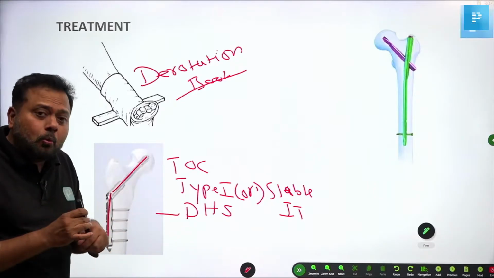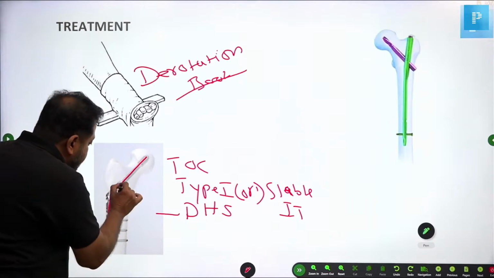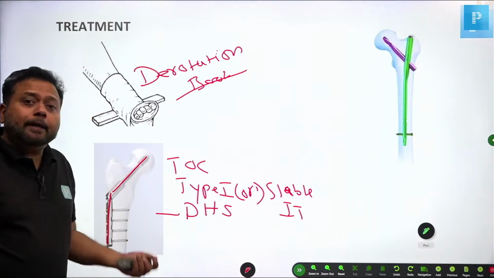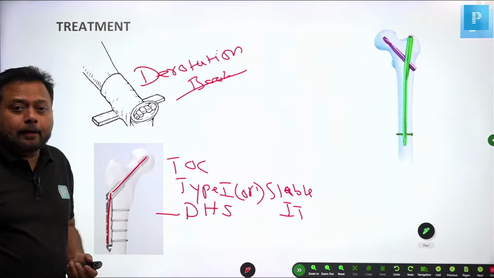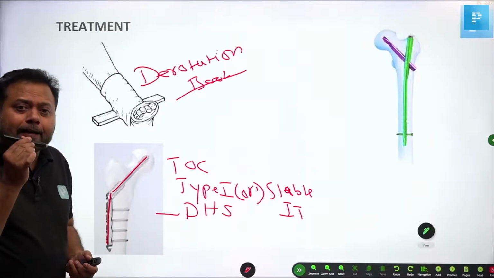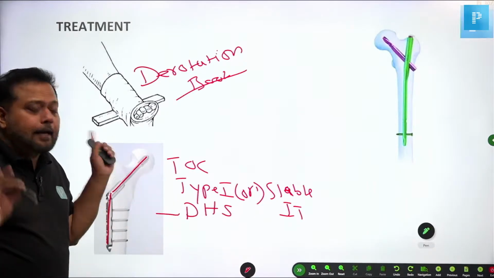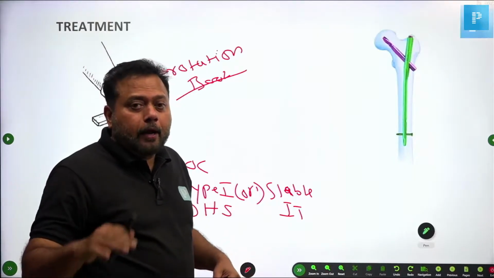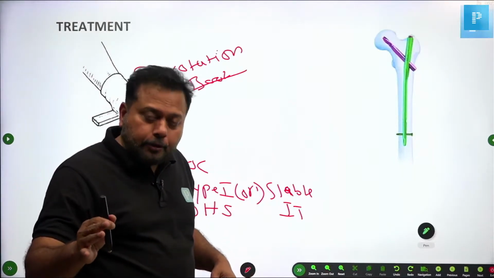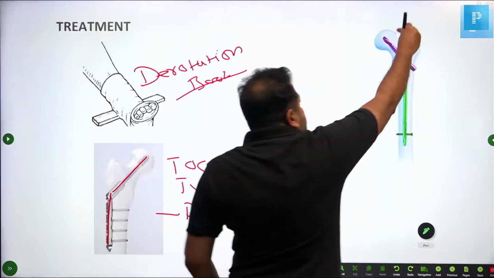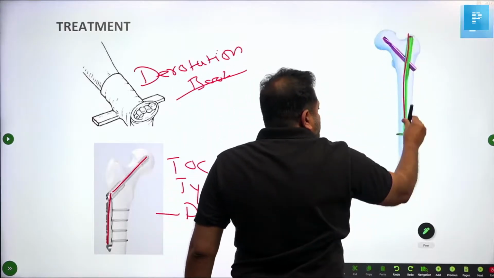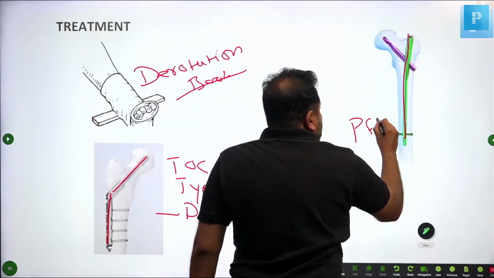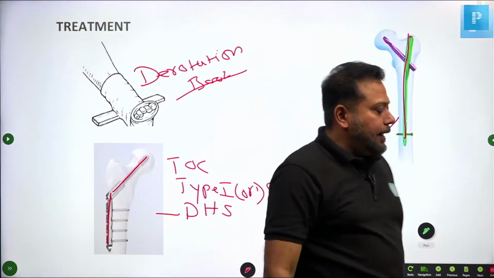When the patient starts walking, micro movement happens at the fracture site. Micro movement enhances good bone healing. Since the screw is not very static, but a little dynamic, it is called dynamic hip screw. For all the type 2, type 3, type 4, all other intertrochanteric fractures, the best option is the proximal femoral nail.